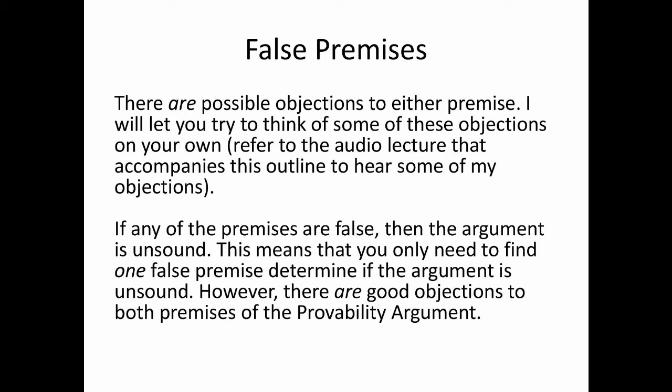Okay, but let's go ahead and look at the second premise. We might even question it, right? What does the second premise say? It says that we cannot prove any objective moral truths. Well, if that's what it's basically saying, is it true? It's easy to think so when we look at more difficult, more controversial issues in morality, like abortion, right? A lot of people are really split on this. A lot of people are very emotional about this, so it's hard to tell who is right, who's wrong, who's got the better argument.